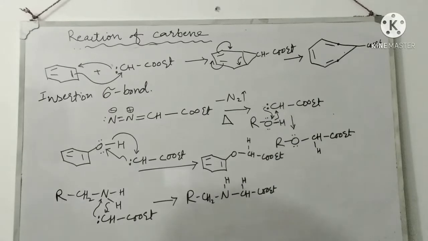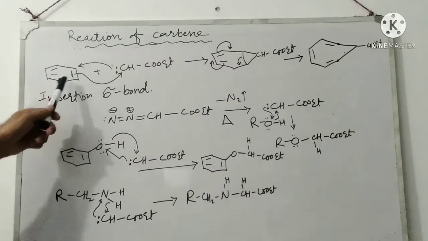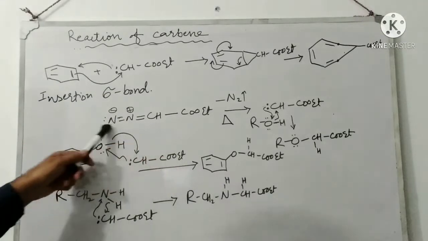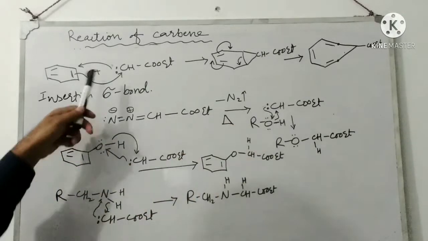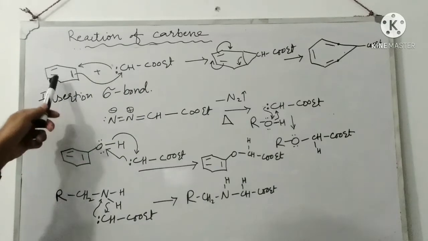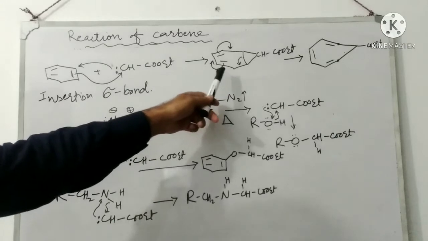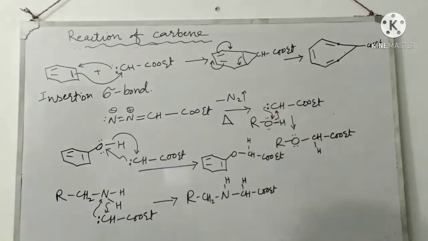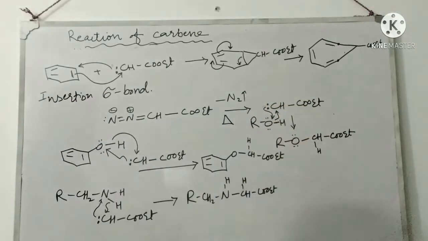As we are discussing the reactions of carbenes, in another reaction we are discussing the insertion of carbene into a pi bond. Here you can say this azo compound, on heating, gives this carbene. When this carbene reacts with benzene, it forms a cyclopropane ring, and then an electrocyclic ring opening basically makes a 7-membered ring. So a ring expansion occurs to make this 7-membered ring as the product.